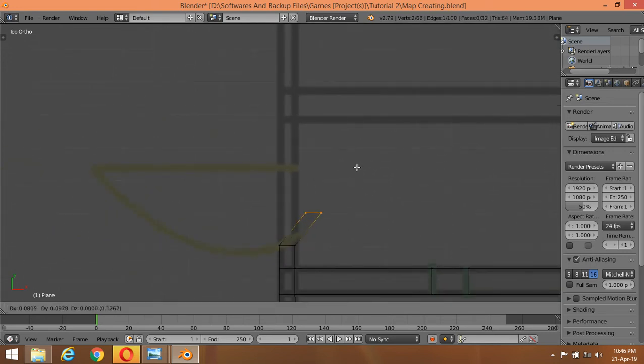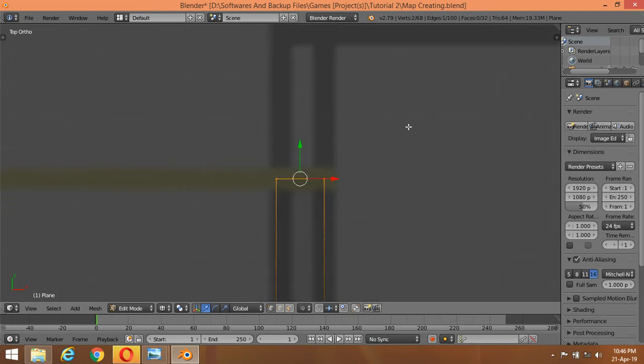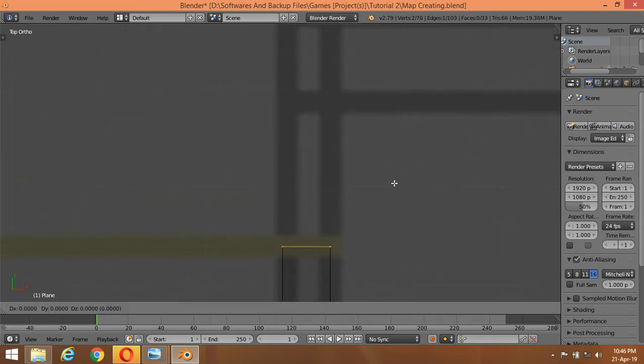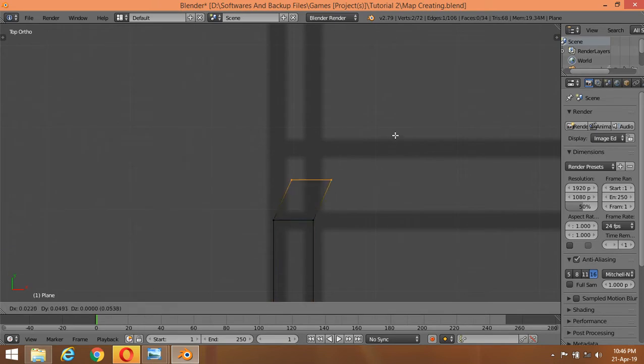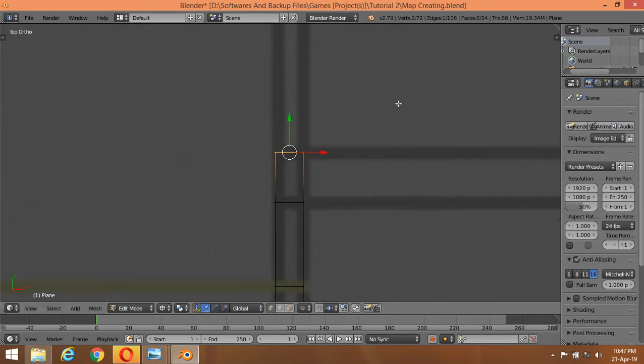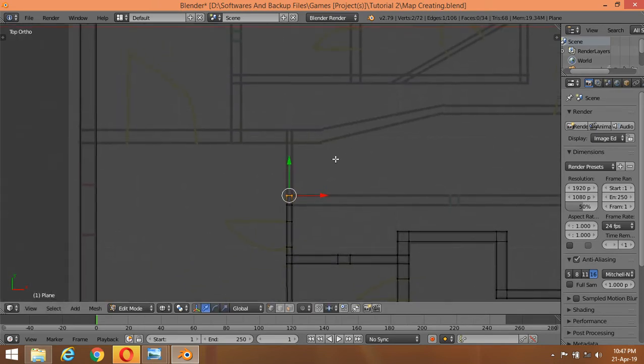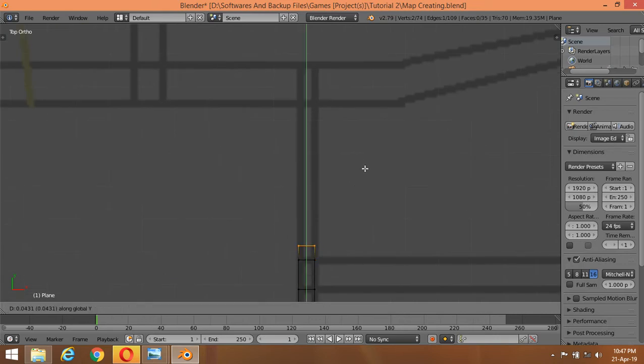E to extrude again, Y axis. Again extrude by pressing E, Y over here. Again press E for extrude and Y over here, and E to extrude, press Y over here,